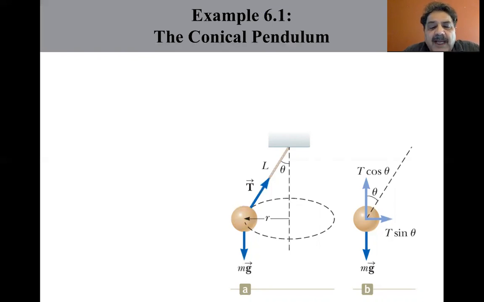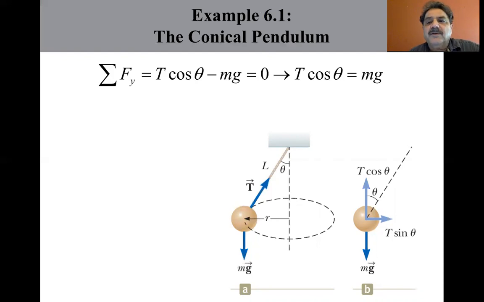So let's apply the particle in equilibrium model in the vertical direction. So the sum of the forces, that's T cosine theta minus mg, equals 0. So T cosine theta equals mg. They have to be equal to balance out. Okay, let's